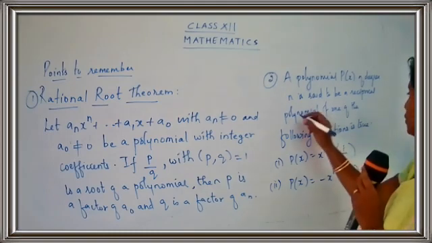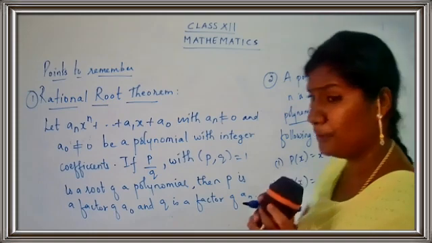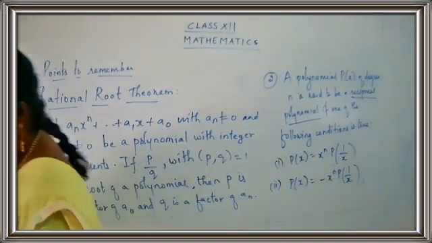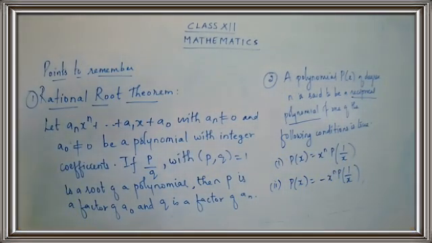So this is a definition for reciprocal polynomial. You people have to know the definitions also. It may be asked for multiple choice questions. They may give you some conditions and ask whether this is a reciprocal polynomial or not. I'll be explaining the first theorem, the rational root theorem, which we have to use in exercise 3.5, sum number 2. I'll explain it in detail when we solve that sum.